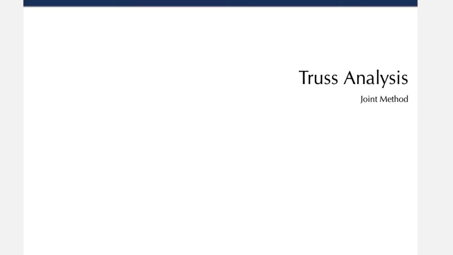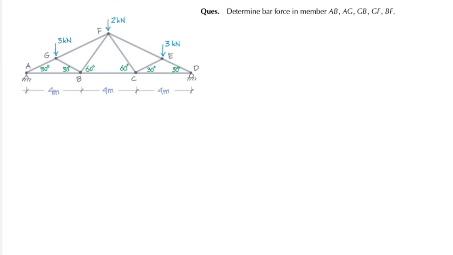Now we will solve another truss, and definitely in the joint method. So this is our truss. Actually, what is the difference between these two trusses? You can see that previously I provided some dimensions, right? Horizontal dimension and vertical dimension. But here I am giving you the horizontal dimension, but actually I have added the angles here.